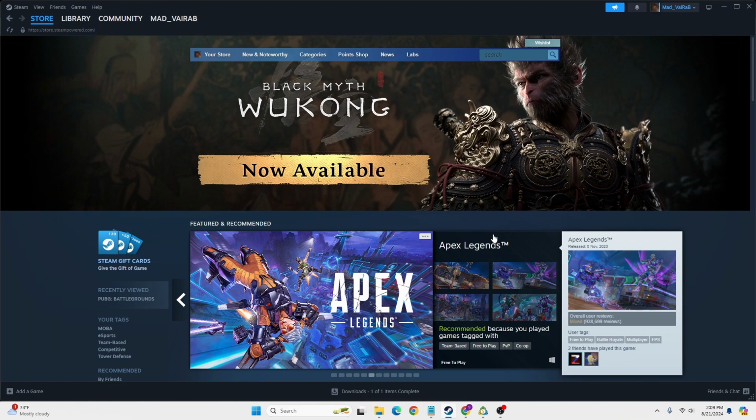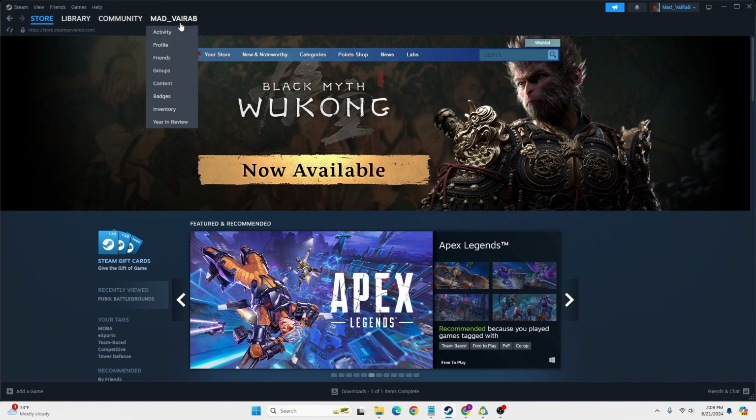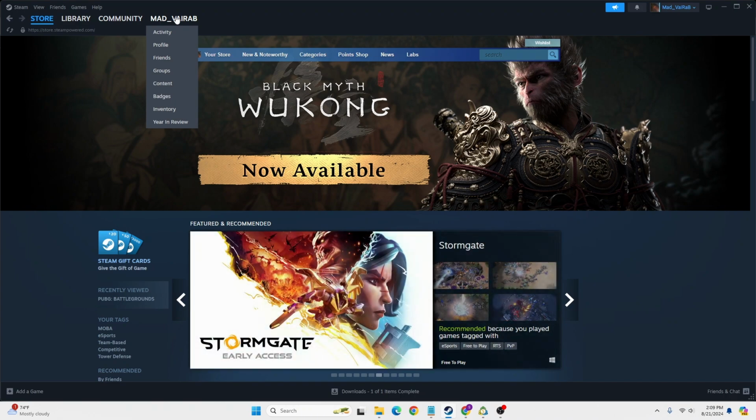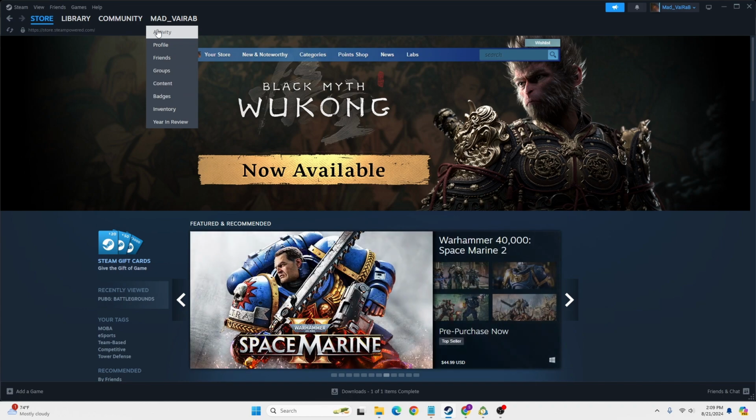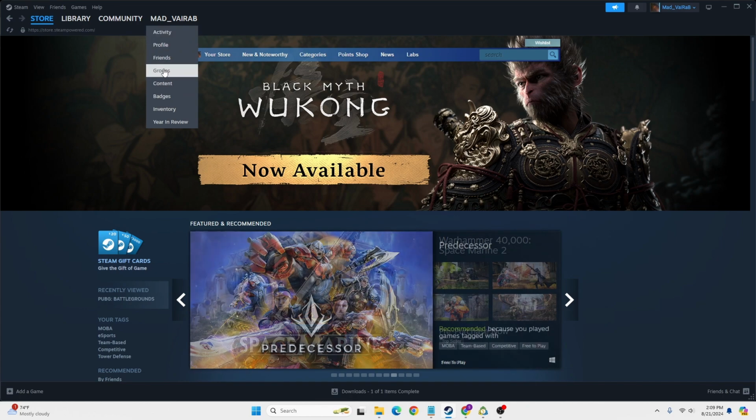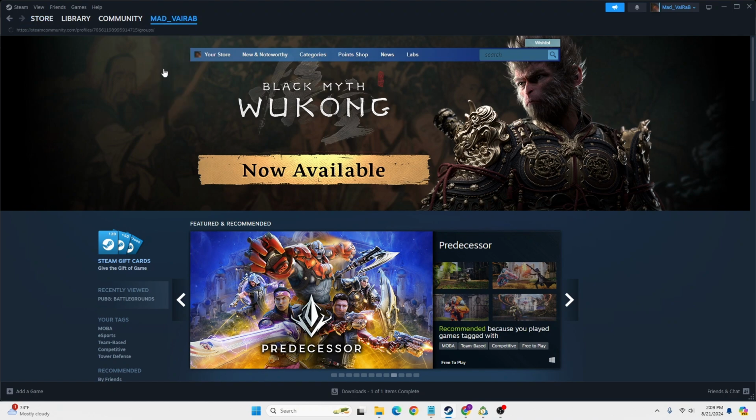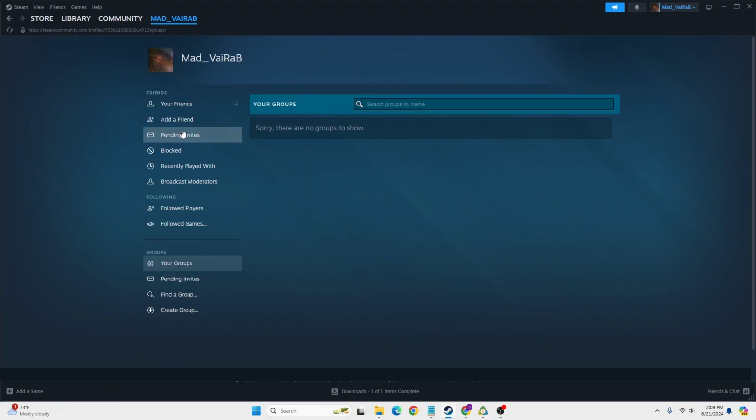at the top left corner of the screen on this panel you can see your username available for us over here on this menu. And when we hover over our username, a drop down menu like this appears. Now in order to view our pending group invites, we'll be required to click on the groups option over here just below the friends. Click on groups and you land over here, where as you can see under the category